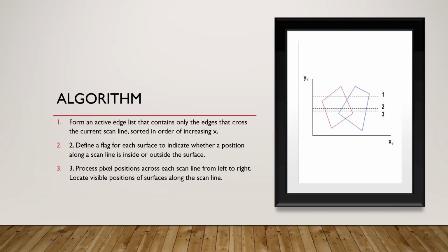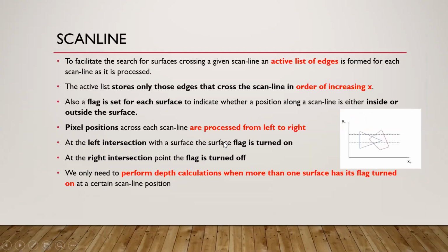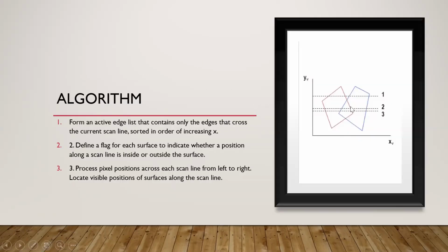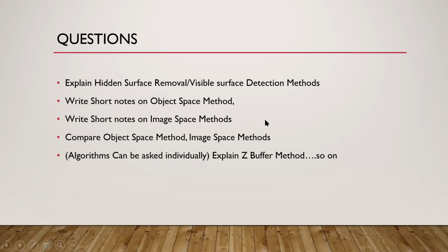So that is why this scan line is helpful, whereas the algorithm is going to be the same as we have studied in the third unit. So it's just a revision. Only the thing is how to find out overlapping surfaces and which surface to consider while coloring. So that's it. In this session, we have learned how to find out hidden surfaces.